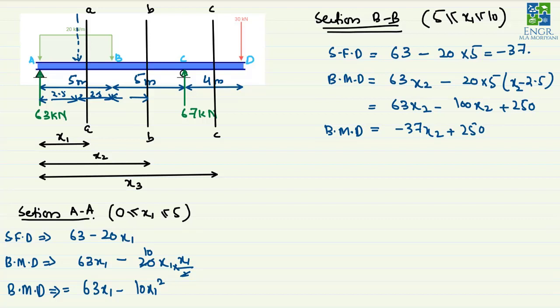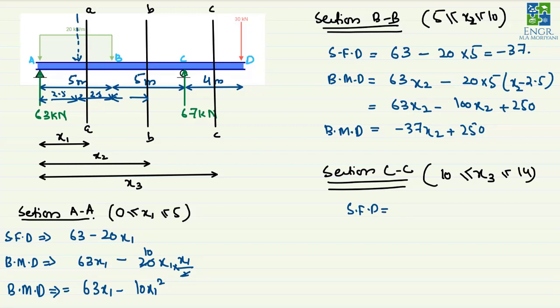Now let's talk about the section CC. And for the section CC, this is valid for the value of x3, which is greater than or equal to 10 and less than or equal to 14, because this is valid for the region CD, and for CD, the x3 value is greater than or equal to 10 and less than or equal to 14 meters. So for the shear force diagram, again,